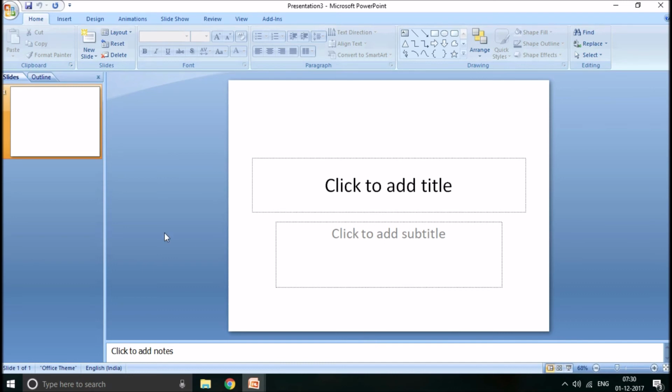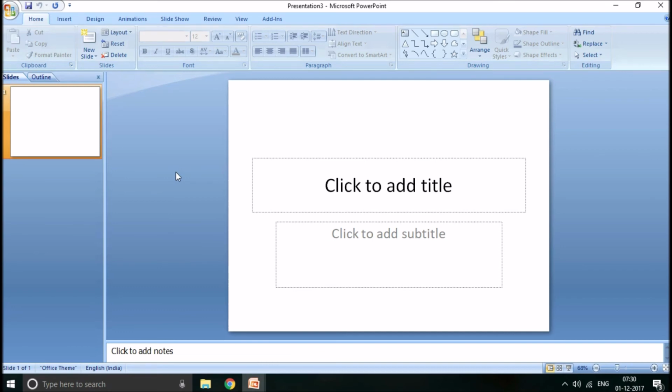The only difference is this: here you can actually see the slides which you are preparing in a small zoomed out version, and here you can see the slide which is highlighted. Here there is a place where you can add notes, and this is for the presenter. This will not be displayed on the screen, but the presenter can actually see what the notes are and he can refer to it.